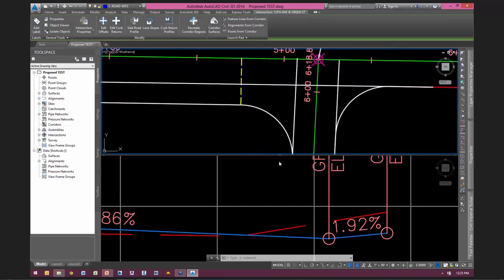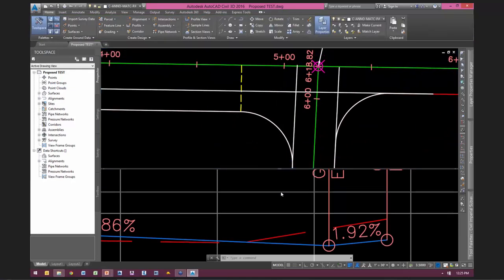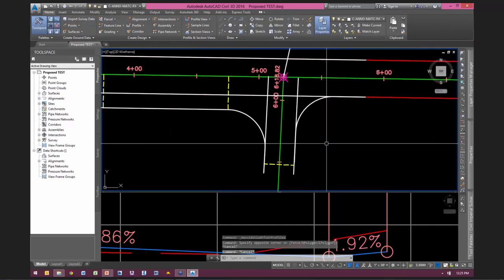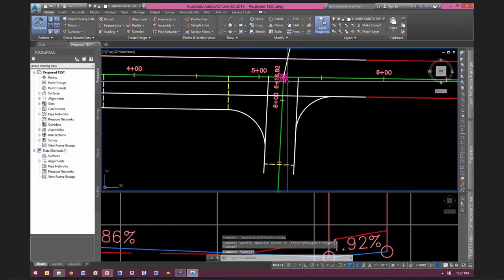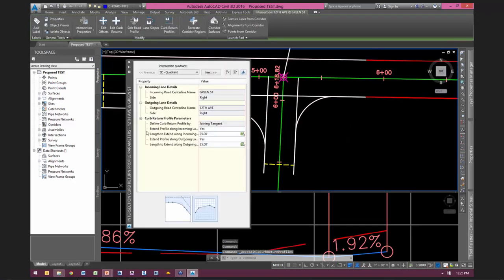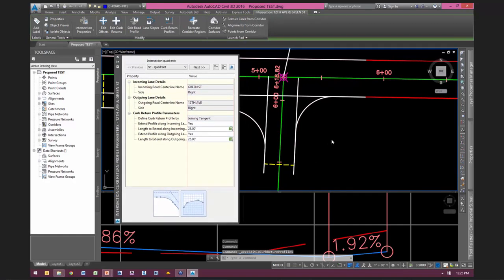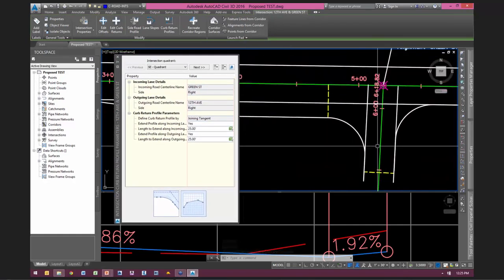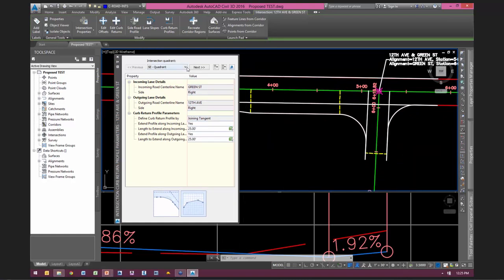So what's this about? Let's take a look at that. Pick on my intersection object, go to curb return profiles. And what I get is, again, options for each quadrant. So I'm in the southeast quadrant here. If I go ahead and go to the southwest quadrant, you're going to notice length to extend along outgoing road and length to extend along incoming lane. So right here, this value, if I pick on this,